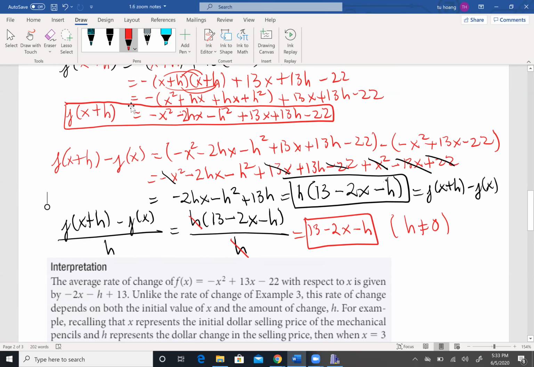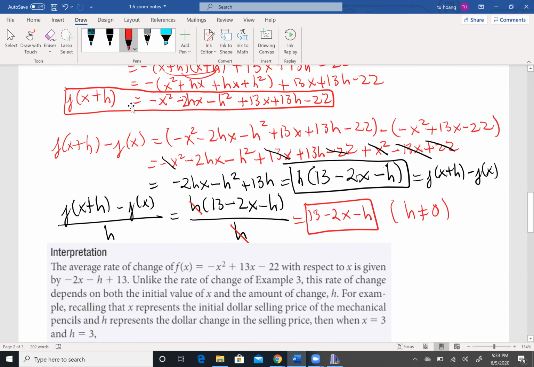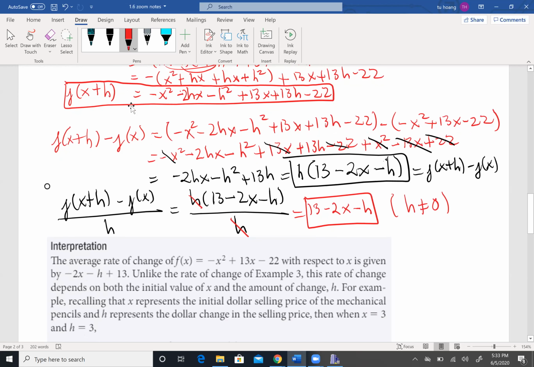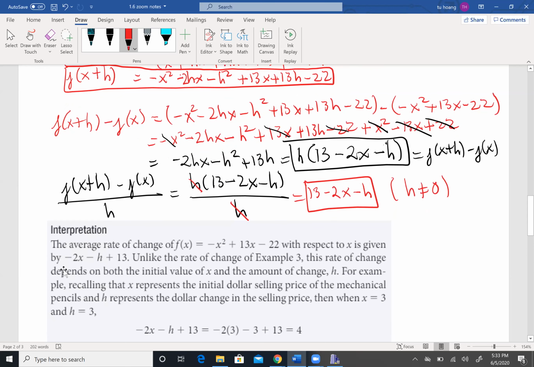The interpretation is: the average rate of change of f(x) equal to negative x squared plus 13x minus 22 with respect to x is given by